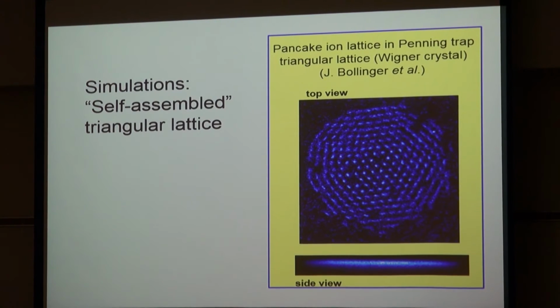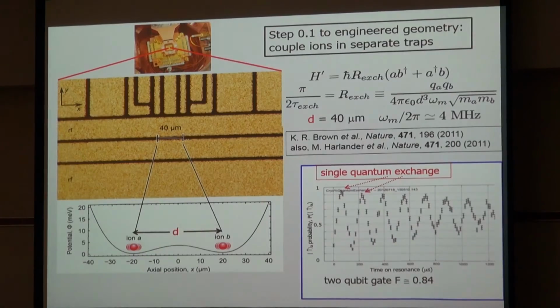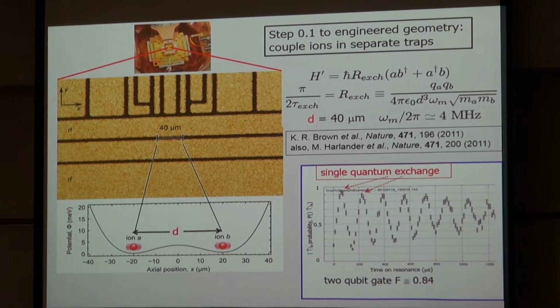Nevertheless, our neck of the woods with these RF traps is slightly different in that we want to try to make arrays. In this case, a cartoon version is based on a geometry of traps. Basically, the idea is to have individual traps where you control the shape of these 2D arrays by just the geometry of the traps. And so this is the kind of idea we're playing with, looking towards the future, but we're not very far along. Nevertheless, as a first crude step in this direction, we've made